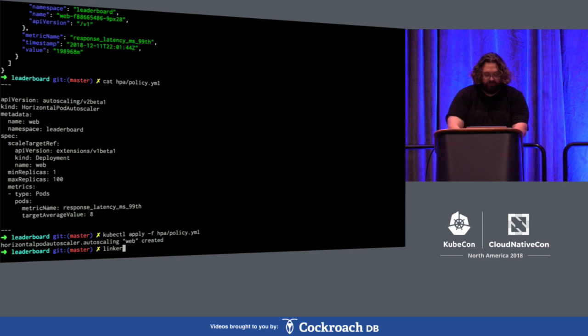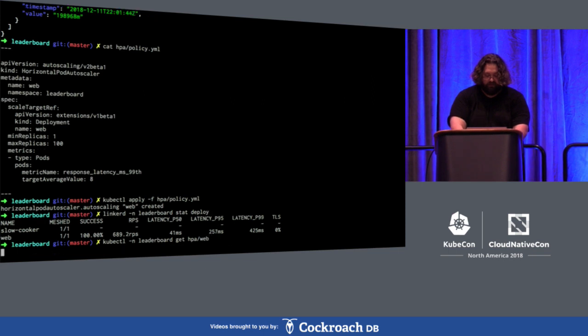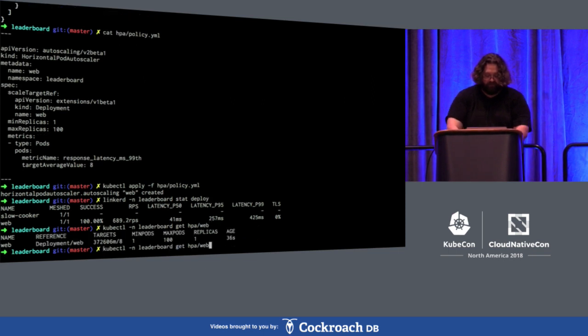let's go take a look at the Linkerd CLI again, take a look at what our latencies are. Ooh, oh boy, you guys are really killing me. This is awesome. So we're doing, it's pretty obvious this needs to get autoscaled at this point right away. There's no question. But I bet you that we're actually already doing that. So if we do a kubectl describe on the web HPA, excuse me,